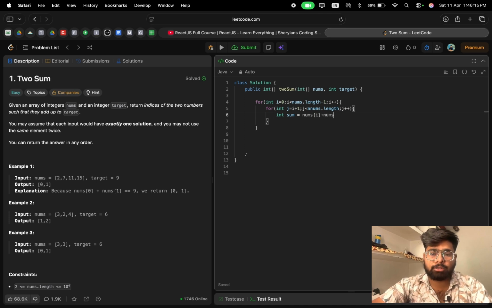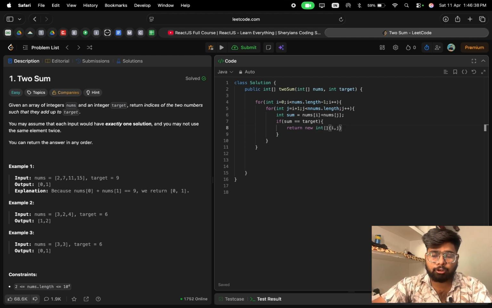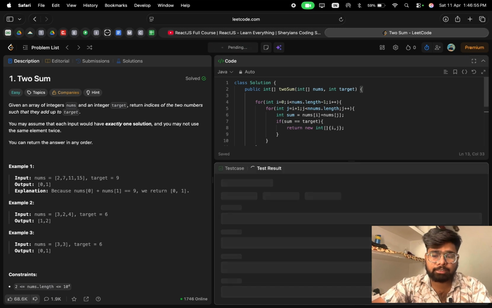Int sum is equal to nums of i plus nums of j. If sum equals target, then we return a new array of i, j of size 2. If not, then we return a new array of size 2 containing minus 1 and minus 1.